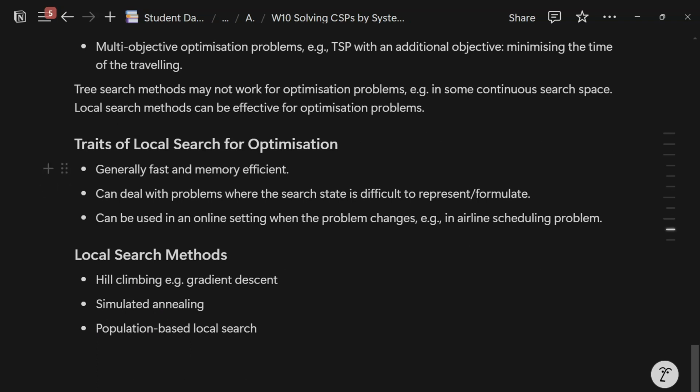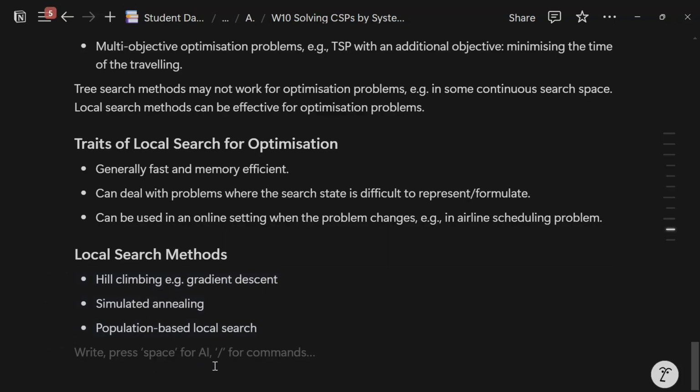So the traits of local search are, as I've said now a couple of times, it's faster, and it can deal with problems in a search state that's difficult to represent or formulate, especially if the domain is very, very big or infinite even. And here are some that we looked at last year as well: hill climbing, simulated annealing, and